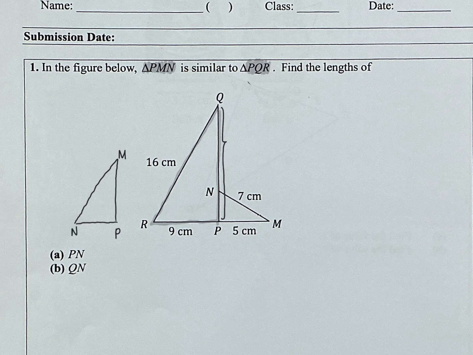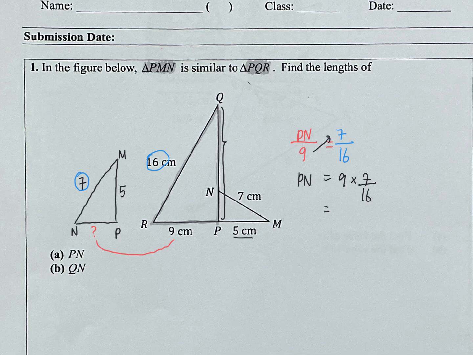Remember, follow the same order. Then I fill in my info. This is 5, I put here. This is 7, I put here. And then now I can compare. I want to find PN. The ratio between PN to 9 is the same as the ratio between 7 to 16. So in order to find PN, I cross multiply my 9 over. So I will get my length to be 9 times 7 over 16, which is